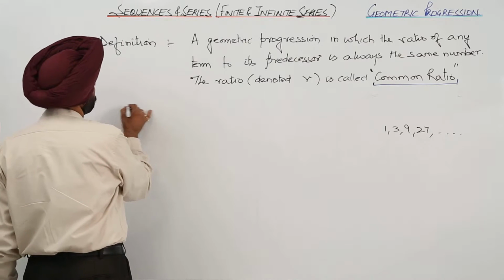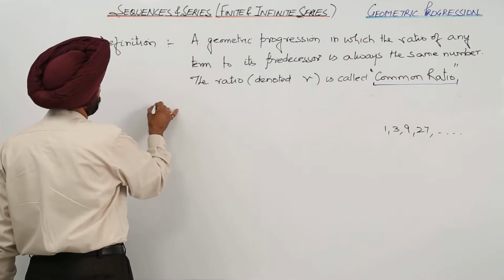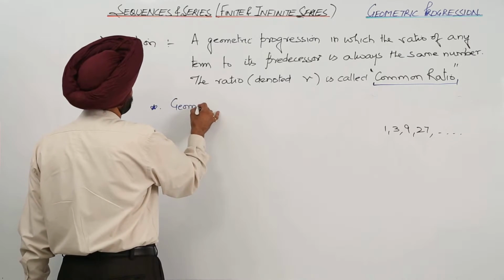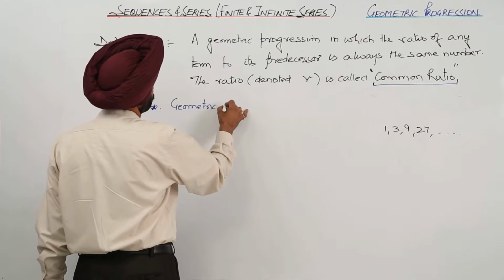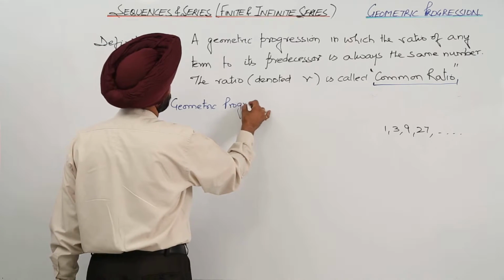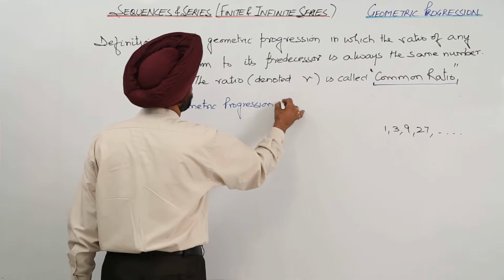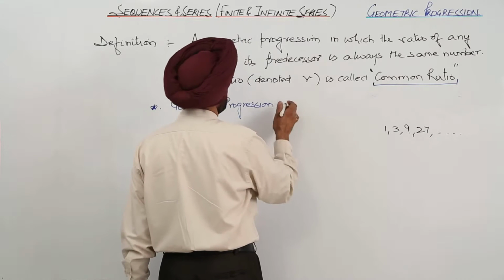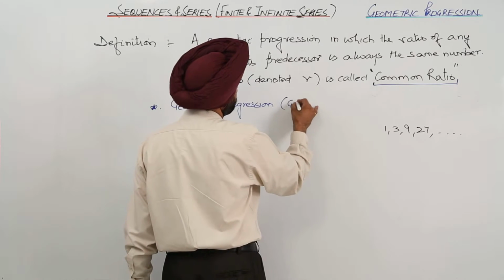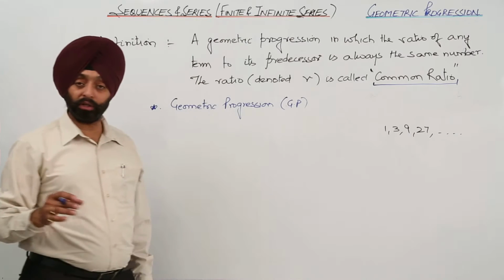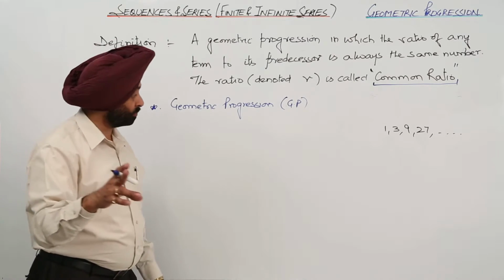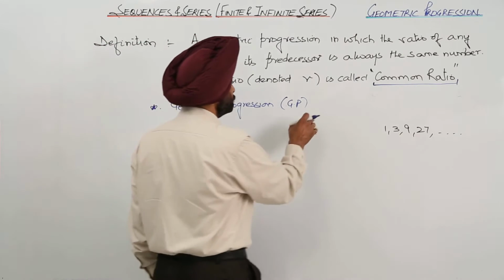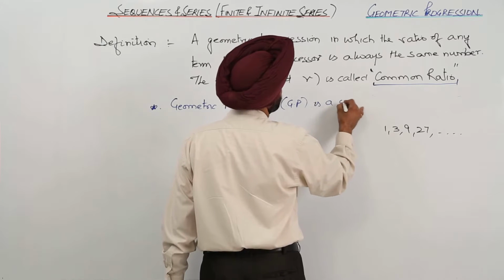Now again, a geometric progression, or let it be geometric progression denoted by GP. Now we are denoting geometric progression by GP. Arithmetic progression was denoted by AP. This by GP. Now the geometric progression GP is a sequence